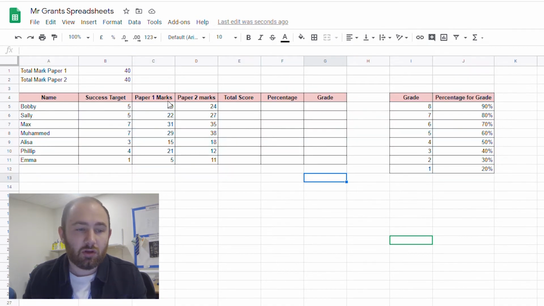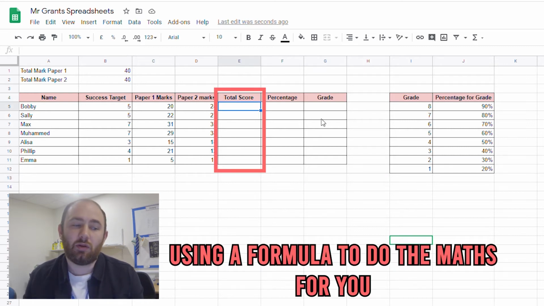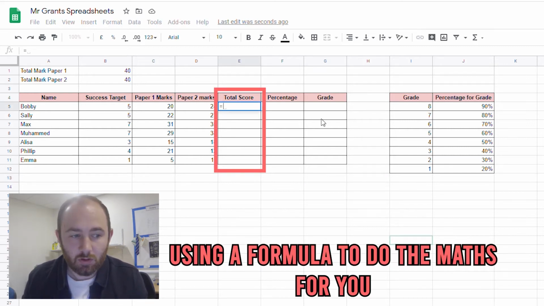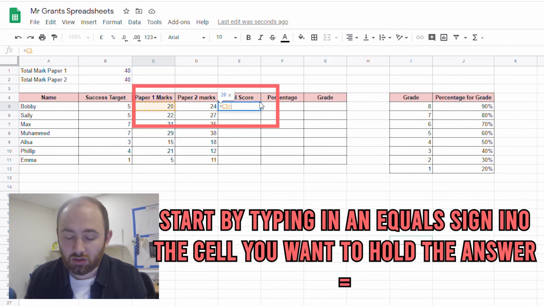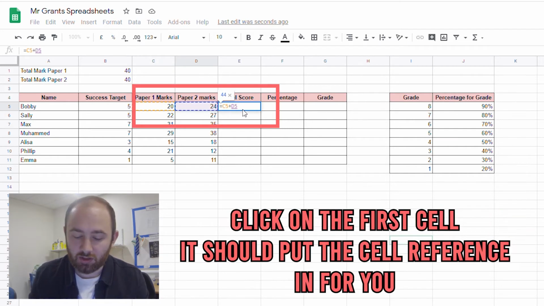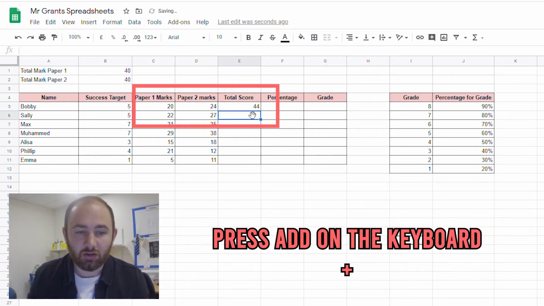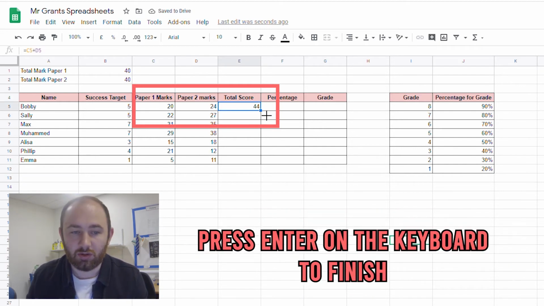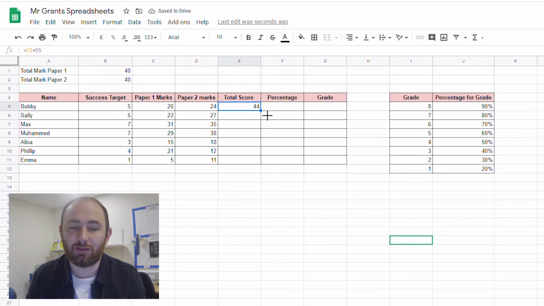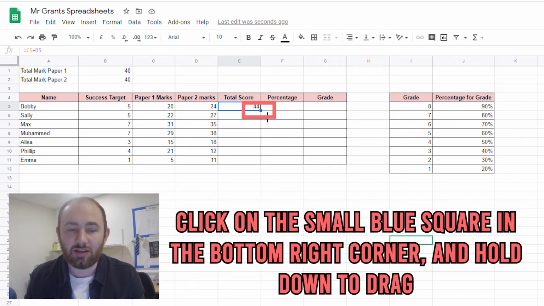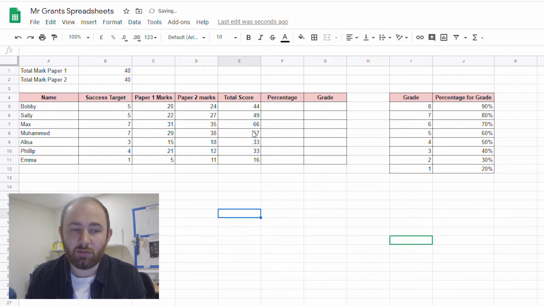Right, the next bit on your red task is using a simple formula to add two numbers together. So we've got paper 1 mark here and paper 2 mark here. We want to add these together to get a total score. So I'm going to push the equals button, and then I'm going to click on this one, and then push add, click on this one, and it will give you the number. So 20 plus 24 is 44, and then I'm going to drag these down, and it will add them all up for me. You can see if you click on the box,